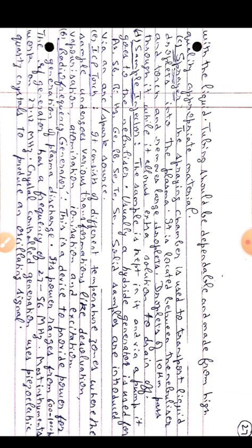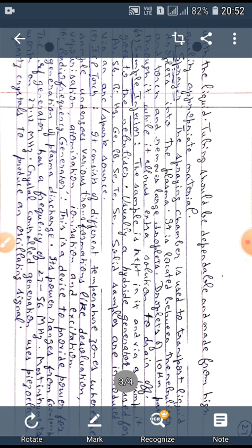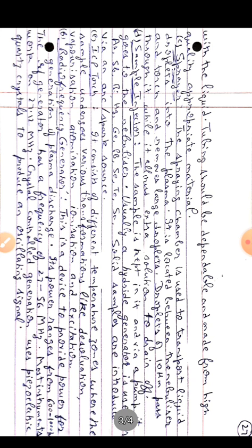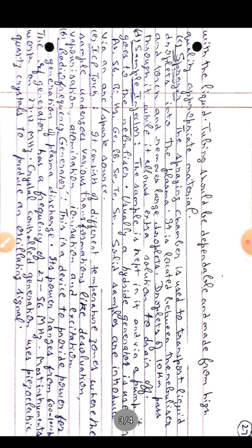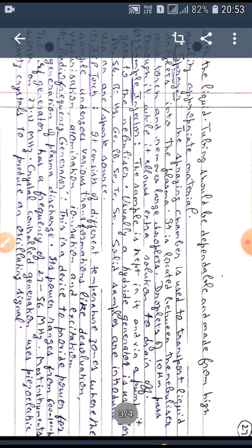The third important component is the spray chamber. The spray chamber is used to transport liquid droplets into the plasma. It is located between the nebulizer and torch and removes large droplets. Droplets of 10 micrometers pass through it while it allows extra solution to drain off. Next is the sample injector. The sample is kept in it and via a pump it goes to the nebulizer. Usually a hydride generator is used for bismuth, mercury, germanium, lead, selenium, etc. Solid samples are introduced via an arc or spark source.